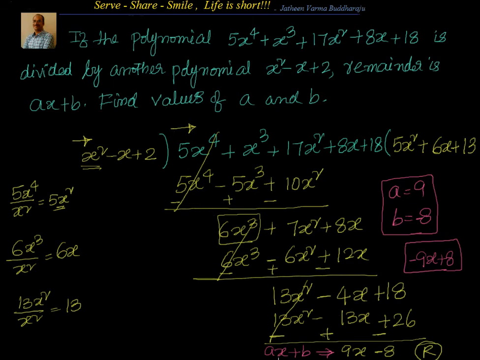In this one, you are comparing with ax plus b and finding the values of a and b. Another problem can be, they may ask what should be added to the polynomial so that x square minus x plus 2 is a factor of the polynomial 5x to the power 4 plus x cube plus 17x square plus 8x plus 18. Then you find the remainder and put exactly the reverse of the remainder, because the remainder should be 0. So when you add them, you should get 0. So you should go for exactly the opposite. Now for this problem, a equals 9 and b equals